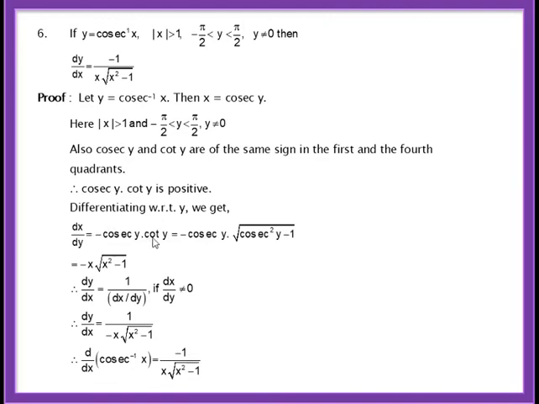Unknown should be expressed in terms of known. Basics in trigonometry. Now we know that cosec y is x. So can you express cot y in terms of cosec? You can if you know the trigonometric identity. 1 plus cot square y is cosec square y. Cot square y will be cosec square y minus 1. So what is cot y? It is root of cosec square y minus 1. That is minus x into root x square minus 1. So what is dy dx? It is 1 upon minus x into root x square minus 1. This means the derivative of cosec inverse x is minus 1 upon x into root x square minus 1.